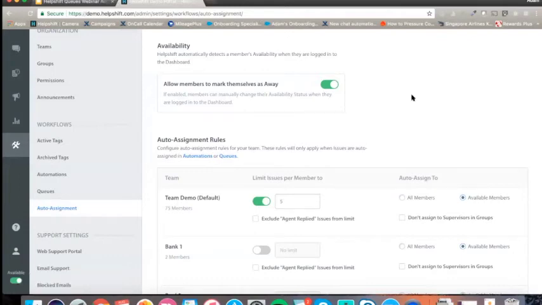If I'm available and our automations and queues logic are running and I'm able to access something, I will be fed issues automatically. If I go home for the day, take a coffee break, or just want to, as a supervisor, do some QA on my agents' performance and issues, I can mark myself as unavailable. This is a global setting, which you set here. If you do not want this, disable this toggle and